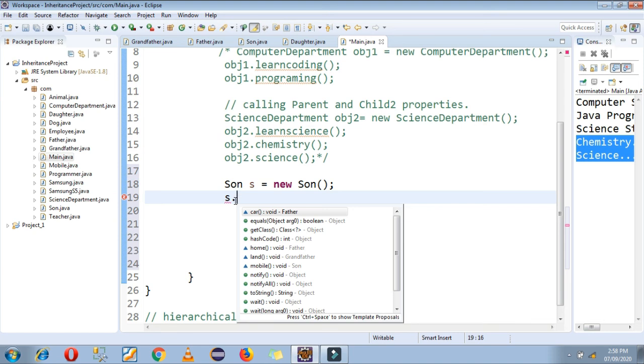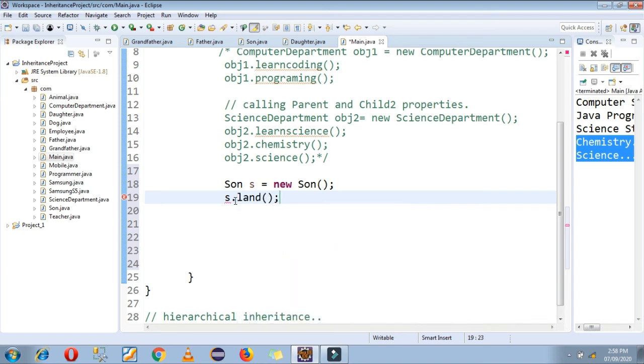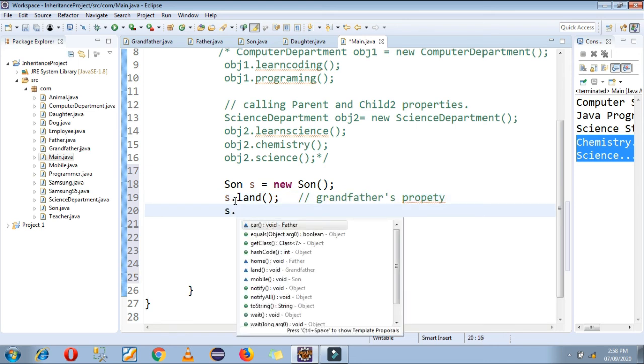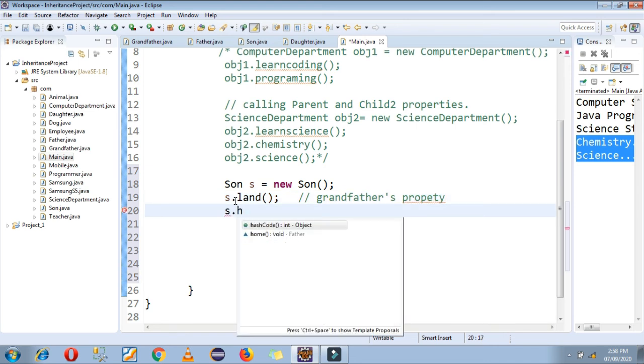Now one by one I am going to call the grandfather's, father's and son's properties. First is the land property, which belongs to the grandfather. The second one is home, which belongs to the father's class.